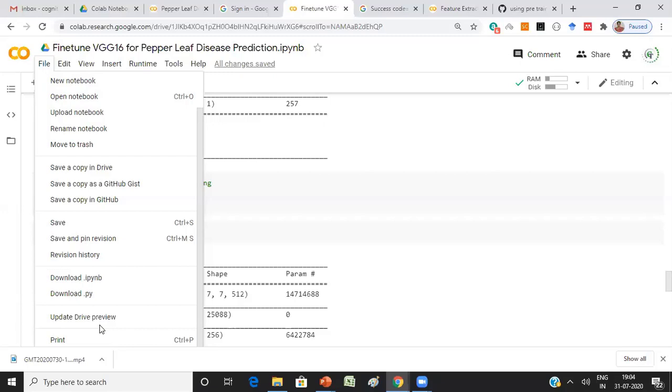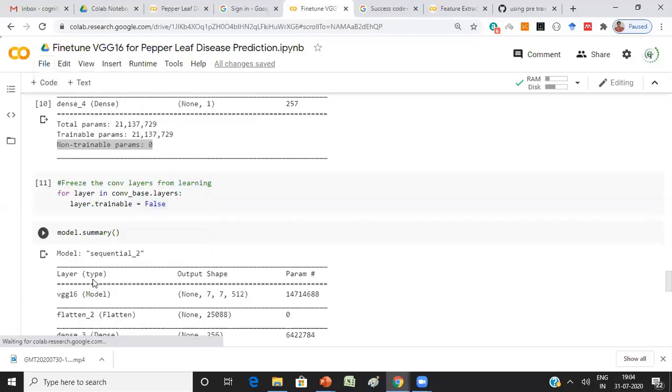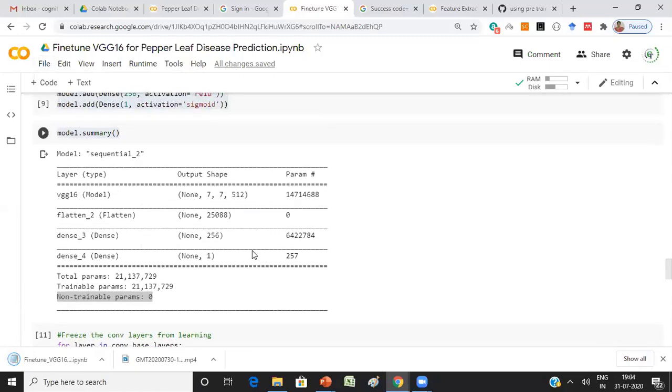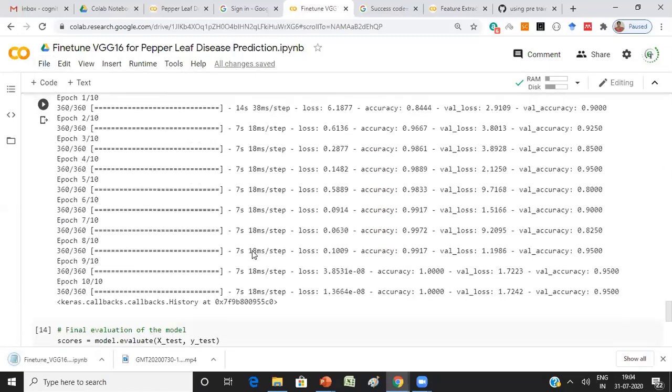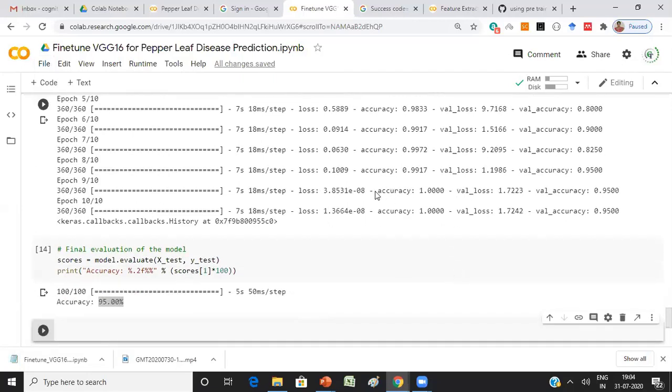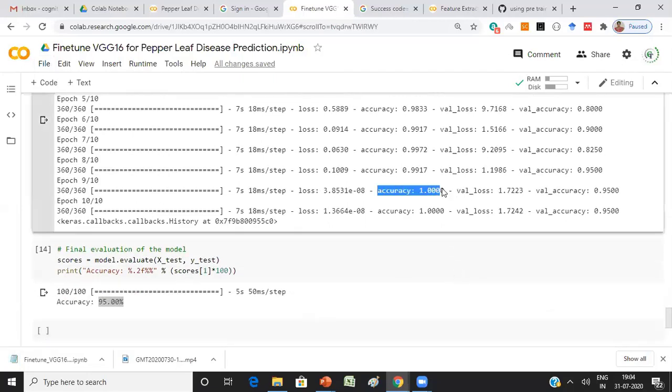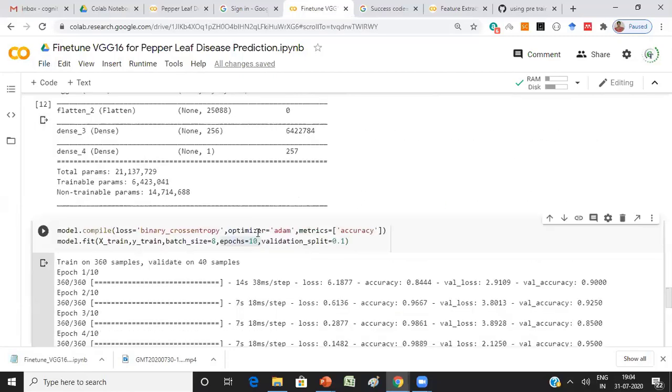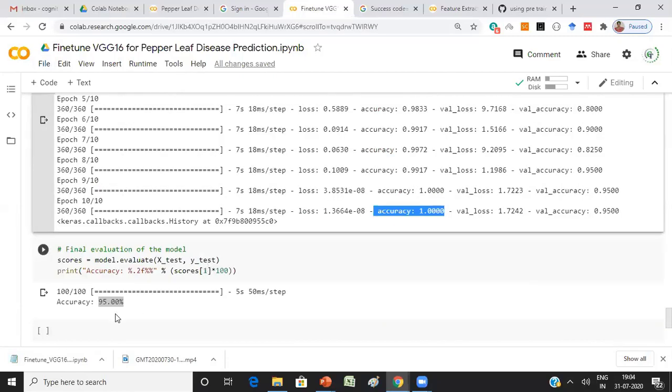Madam, here if you see, when we are training, the accuracy is coming as 1.0. That means 100%. Yeah, of course. Then when you are calculating here, it's coming as 90%. No, it is training accuracy, ma'am. It's not testing, right? So while training, you are passing train data alone. Okay. That's how it is.